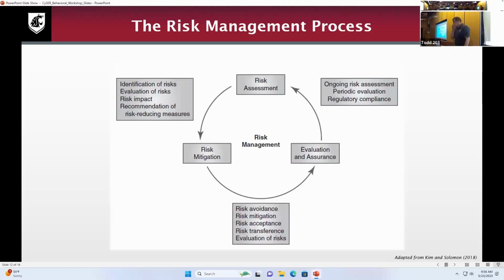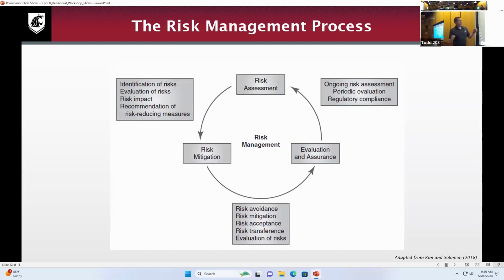All right. So going through that process of quantifying the risk is part of the risk management process of figuring out what we're dealing with. Right here, this is that risk assessment, right? We identified what the risks are. We're going to do this for multiple different items. We're going to evaluate them, what's the impact, and then what are we going to invest in? What are the risk reducing measures? And we're going to invest in them. We're going to say, yay, we got it, right? Once we've made that decision,